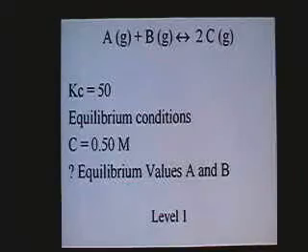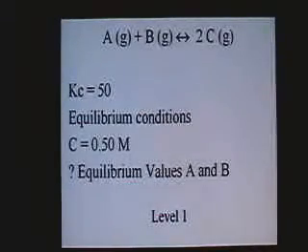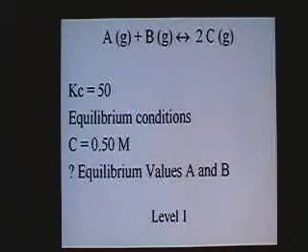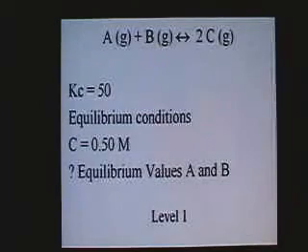The next problem we're going to take a look at is a little bit easier. It is a level 1 problem. Why a level 1? Because all equilibrium values are provided. No initial values were stated, only equilibrium. Now they'd like to know the equilibrium values here for A and B, and the equilibrium constant, Kc, is given. So by plugging this information into our mass action, and letting the equilibrium values that we do not know be represented with an x, we should be able to algebraically solve for the concentrations of